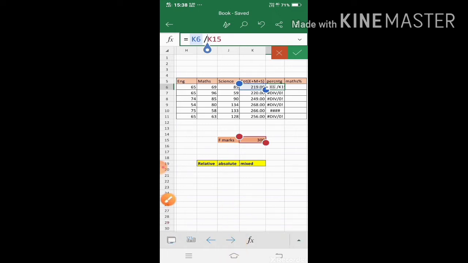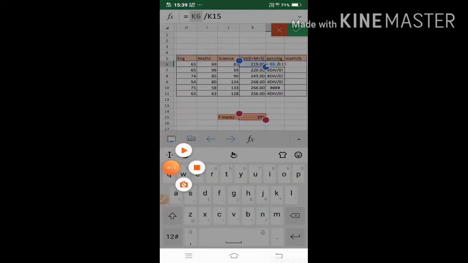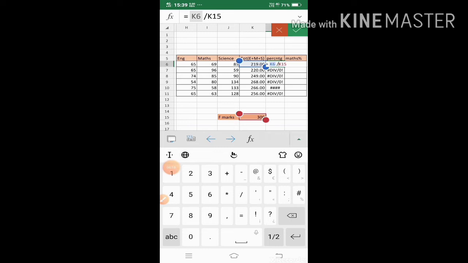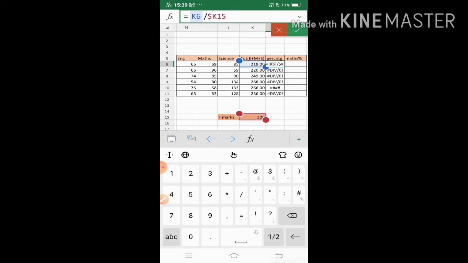I have to give the dollar sign before K this way, and K means the column.